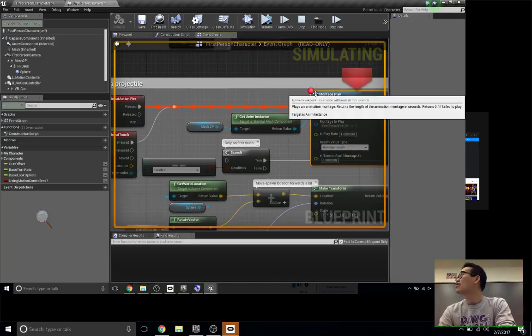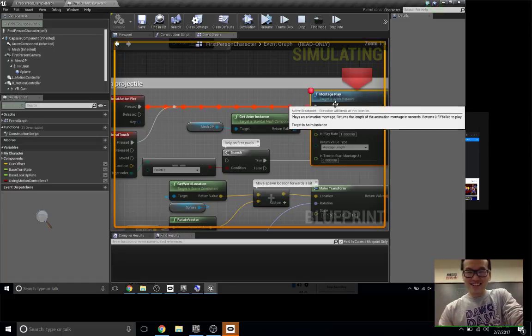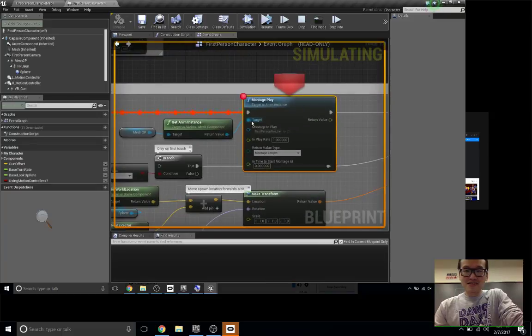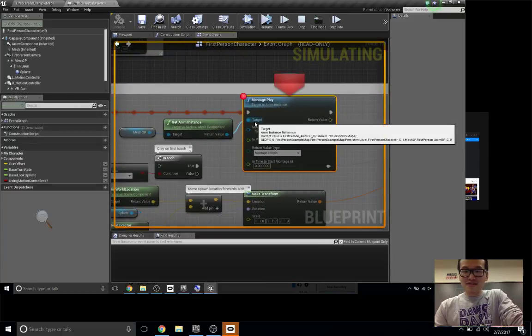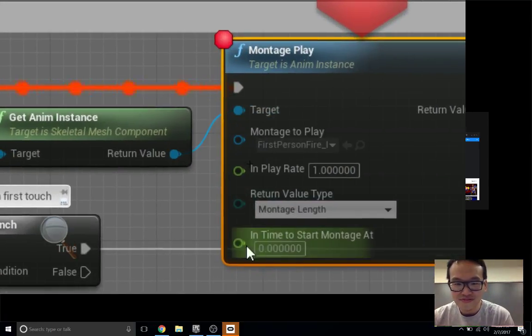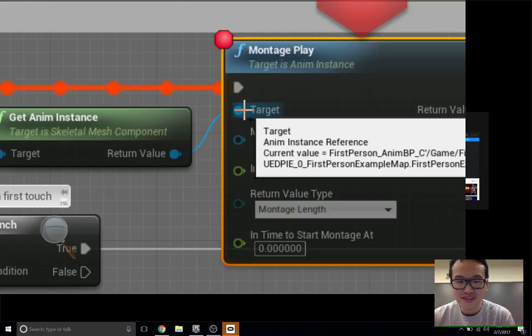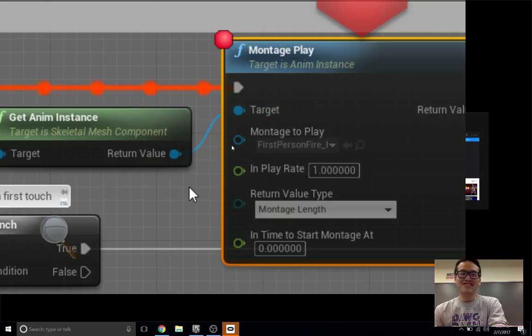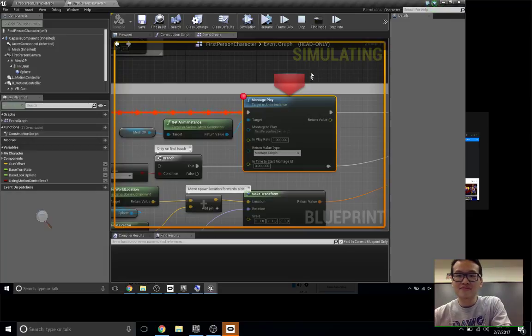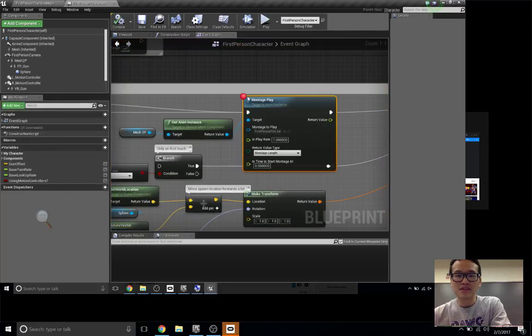So this is like, okay, how much better than GDB is this? If you remember any kind of debugger, you can see where the path is. If Sean hovers over these inputs to the function, it'll tell you what the values are. Like current value is first person at MVP. This is a bad example because there's only one here, but this debugger is amazing, and you can see the value of anything at any point in time. So he put a breakpoint via right-clicking a function node and then add breakpoint and then just play.